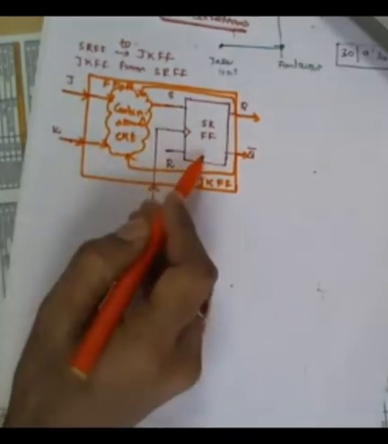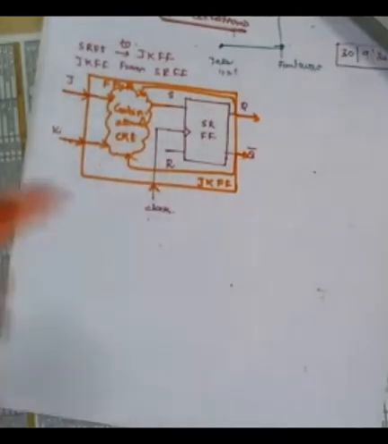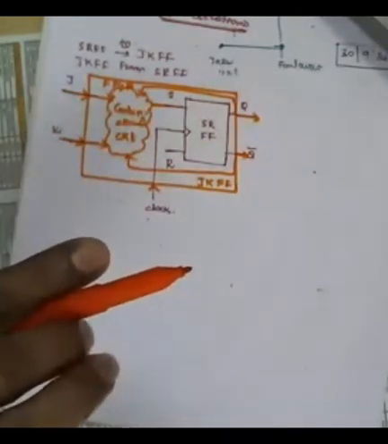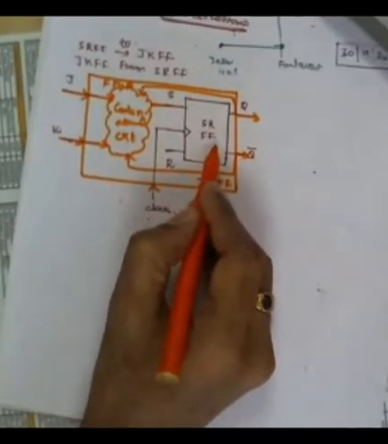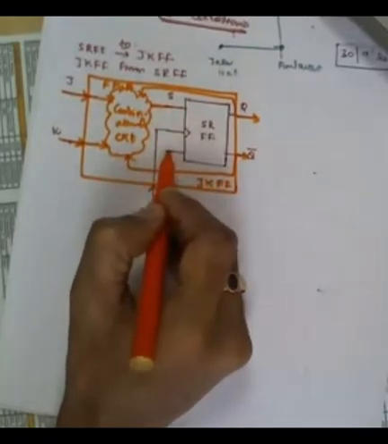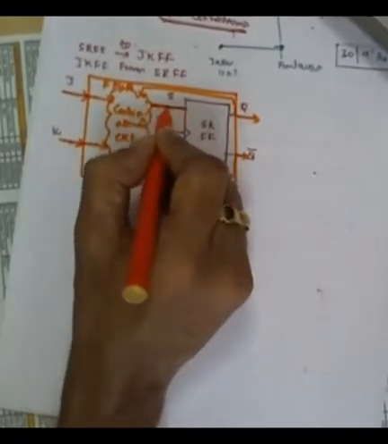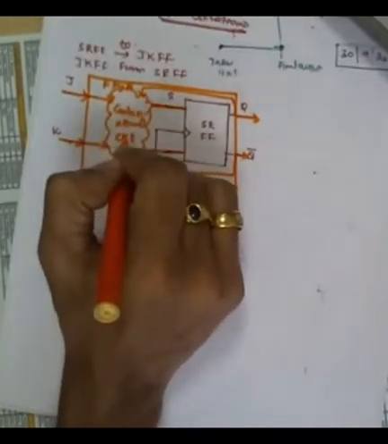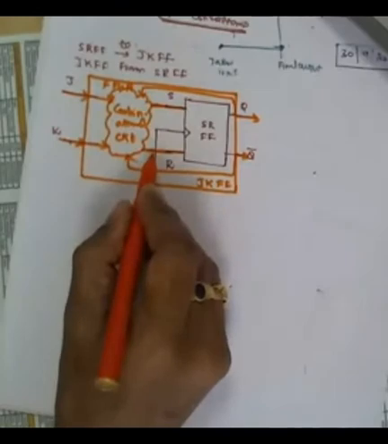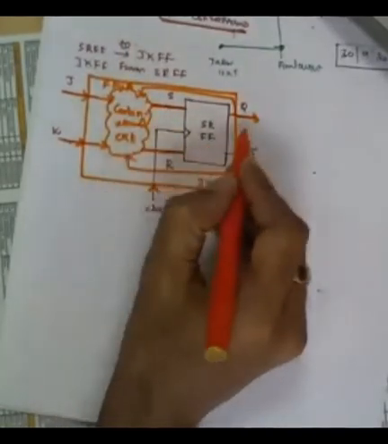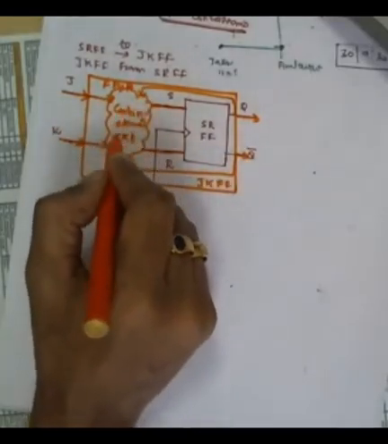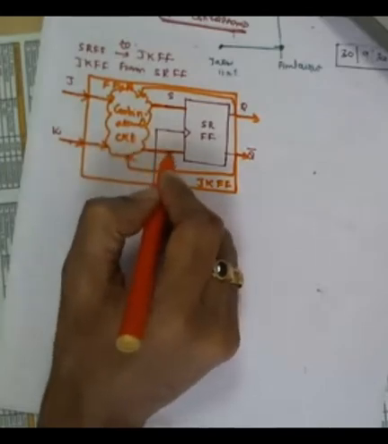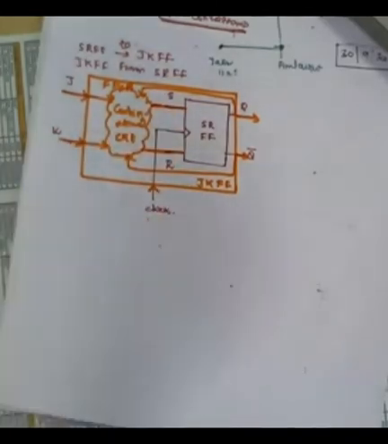Because through an SR flip-flop, you can reset it, you can set it, you can maintain the no change condition. Understand now? But whether you want to perform no change, set or reset depends completely on this S and R input. So the S and R inputs come from this combinational circuit. After generating this output, you apply the clock here. Based upon this S and R, the Q and Q dash will be generated. So this combinational circuit will be sufficient to generate the suitable input here to realize the operation of a JK flip-flop, not an SR flip-flop.